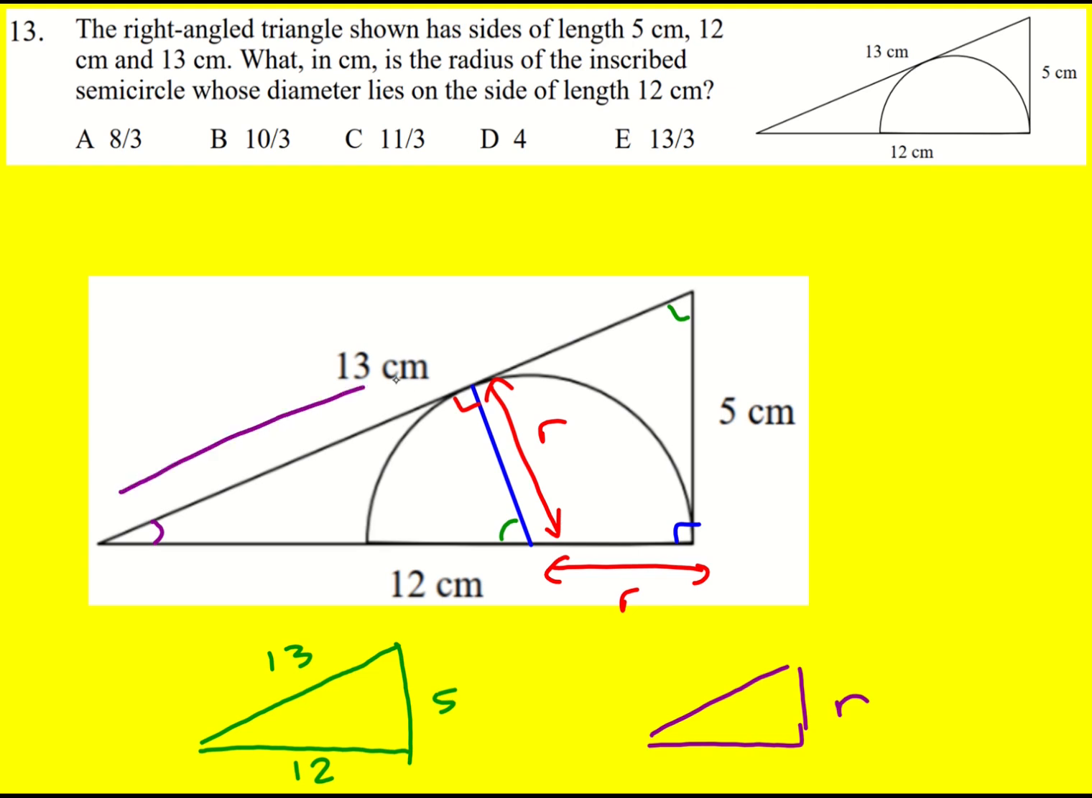Then I've got r here. And okay, I don't know this length. This length here is actually then going to be 12 minus r. So that is going to be the hypotenuse. And we've got similar triangles, so we can use that idea to figure out what r is. So it must be that